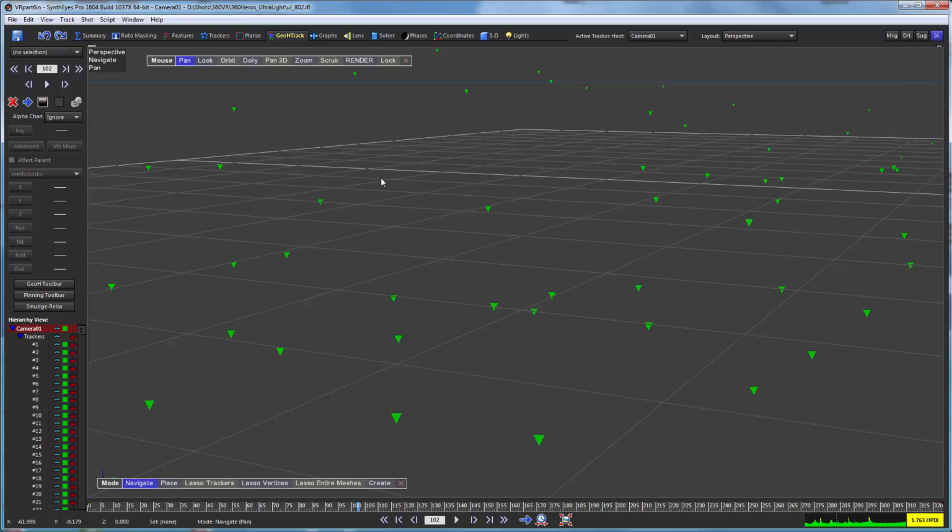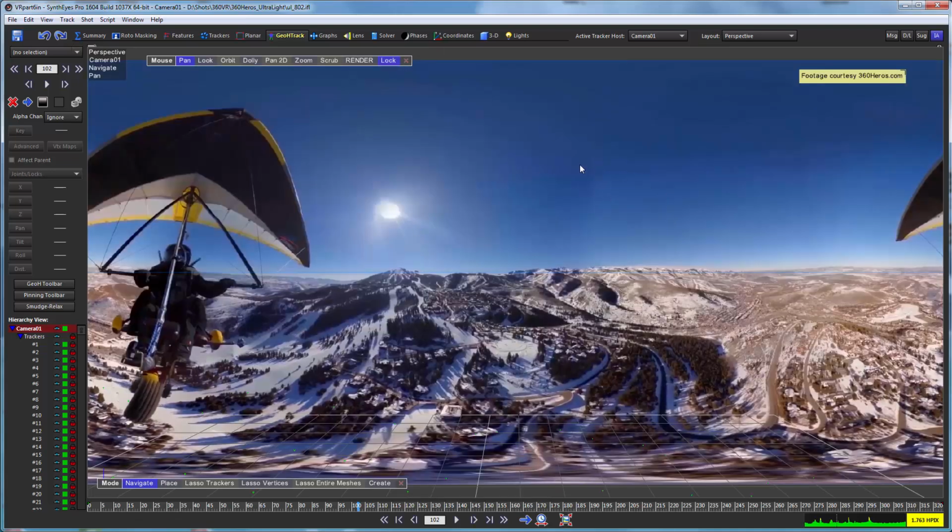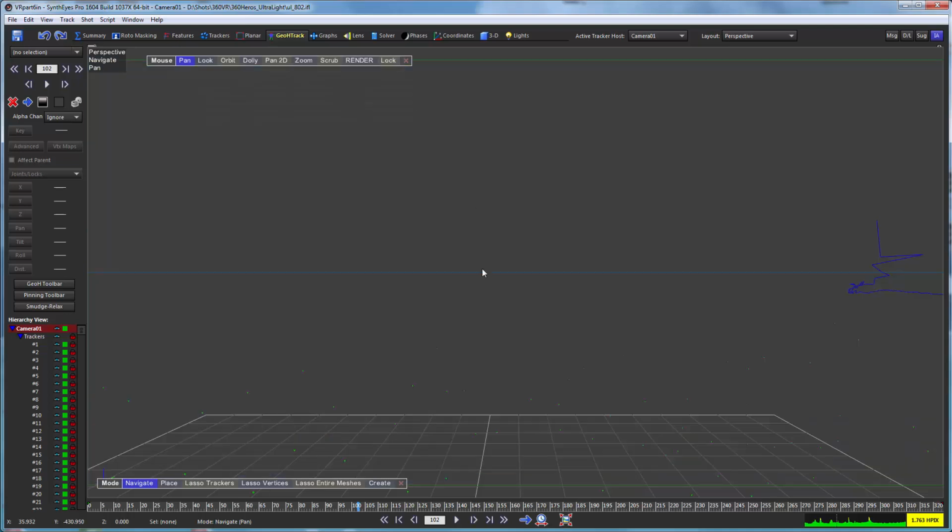But the images of the shot that we have extend all the way around the entire environment, not just this one particular direction. So we need to account for that in order to be able to see the right thing in the perspective view. If I just use the images as they are, I'm seeing the entire image when really I should just be seeing a portion of it. So to set that up, we're going to go and